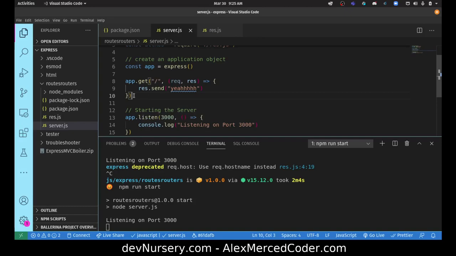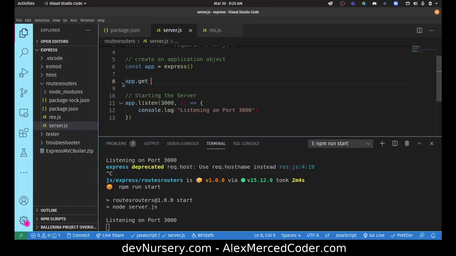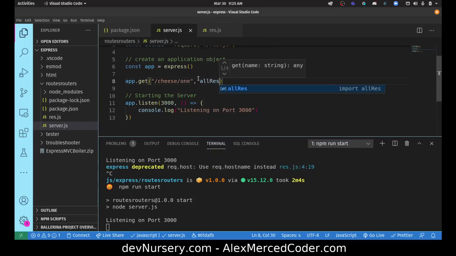So I could do something like this. I could just be like app.get, and we'll use the path /cheese/1 and then it'll just use the allRes function to save time. So basically, and again, you can pre-write your functions in another file and then just plop them where that function is needed. So the bottom line is, it doesn't matter if you write the function in the route or in another file,